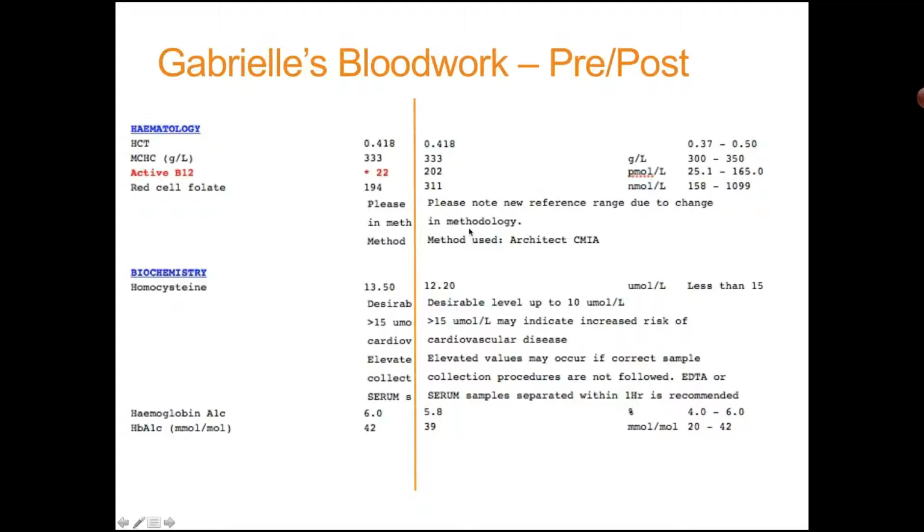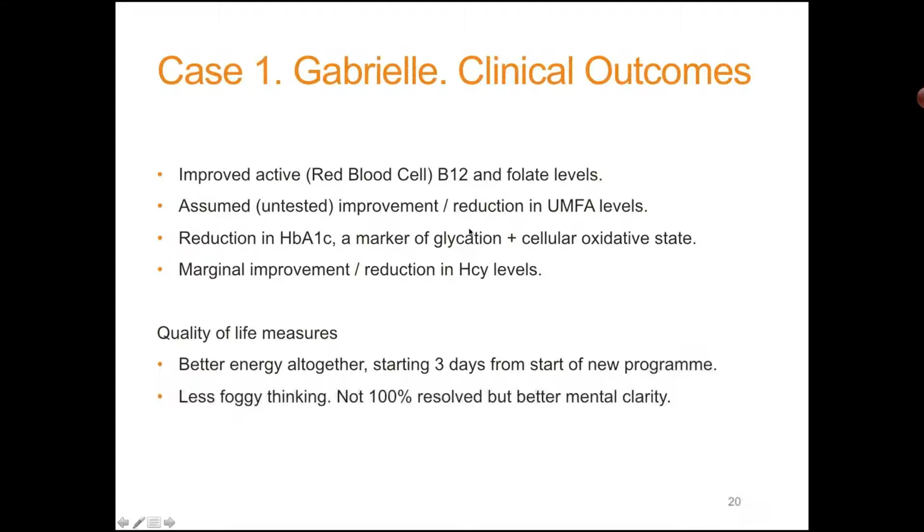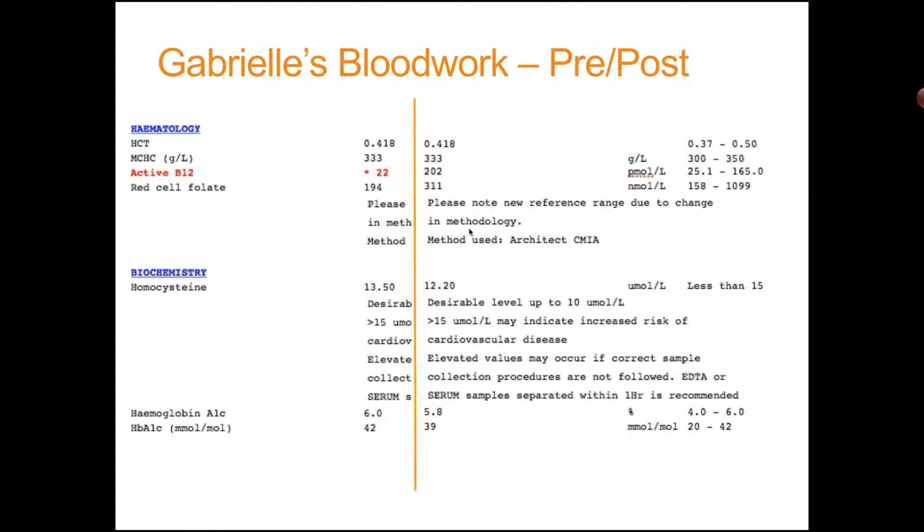Here it is at 202, but not massive. Oh, hang on a second. Red cell folate is still low, but has improved slightly. Homocysteine has improved, very, very slightly. Hemoglobin A1C has improved very, very slightly. So we've got an improvement in markers,